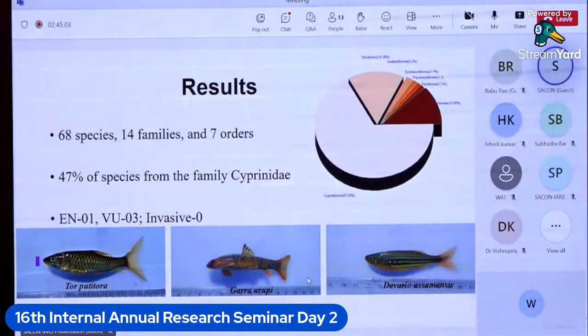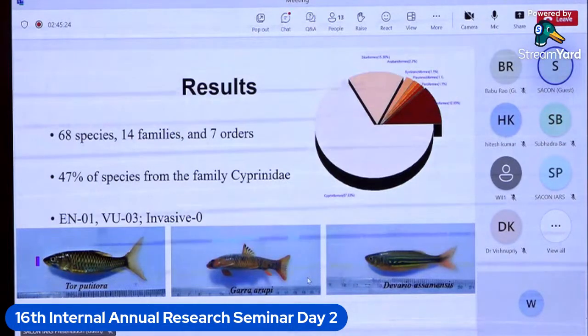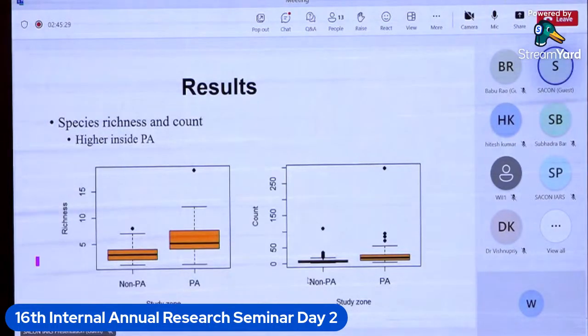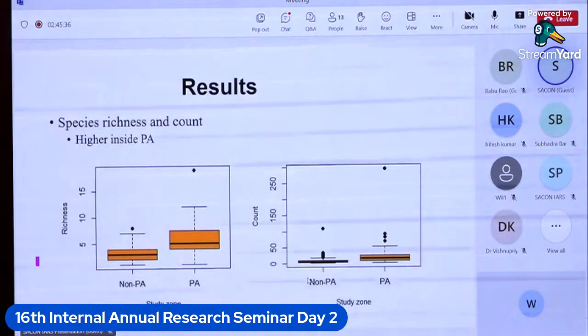So during the survey, we recorded 68 species of fish. Fortunately, we didn't get any invasive species, but out of the three available, one is endangered. And then this golden mahseer, we look at a golden mahseer that is endangered. So to understand the diversity between protected and non-protected area, we will plot a simple box plot